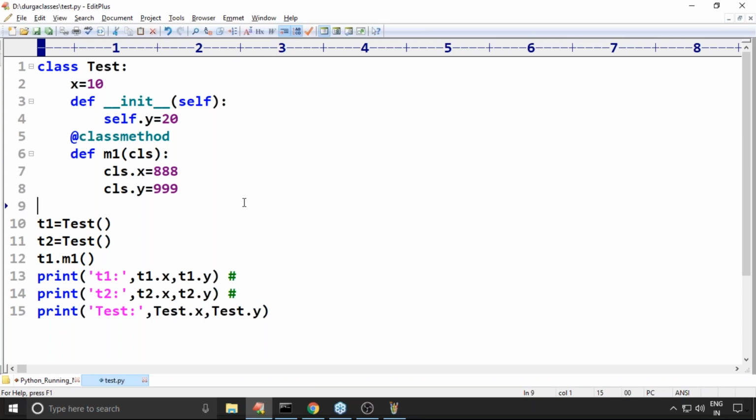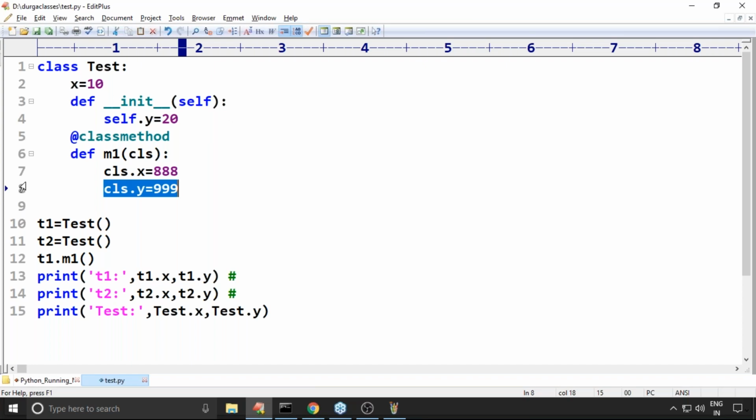Someone is asking a doubt: sir, how did the y = 999 static variable get created? Here, by using CLS, if we are trying to declare a variable, is it a static variable or an instance variable?